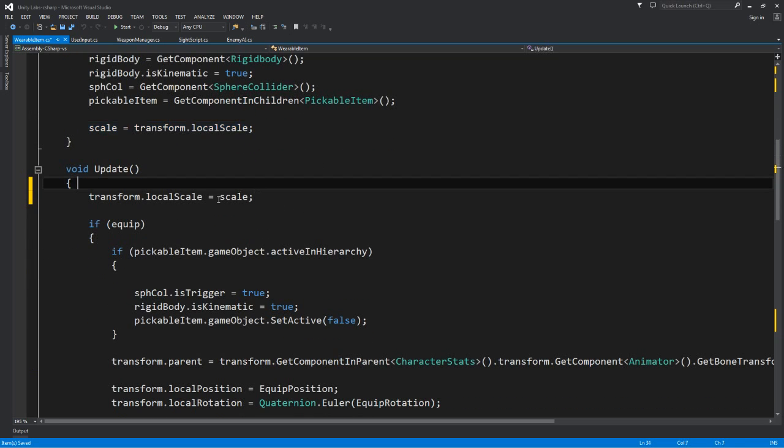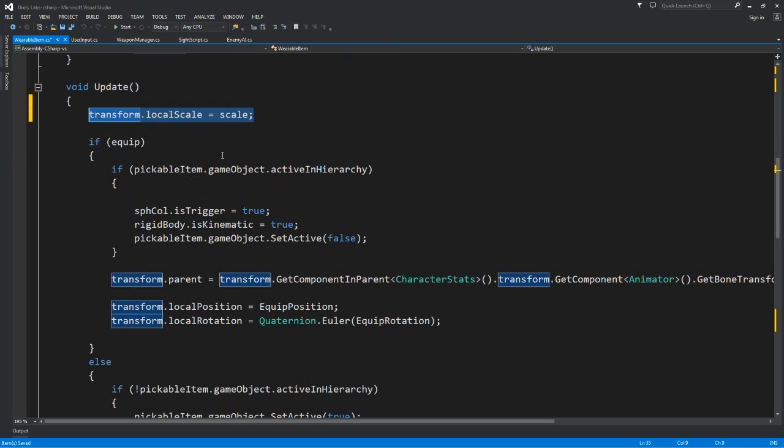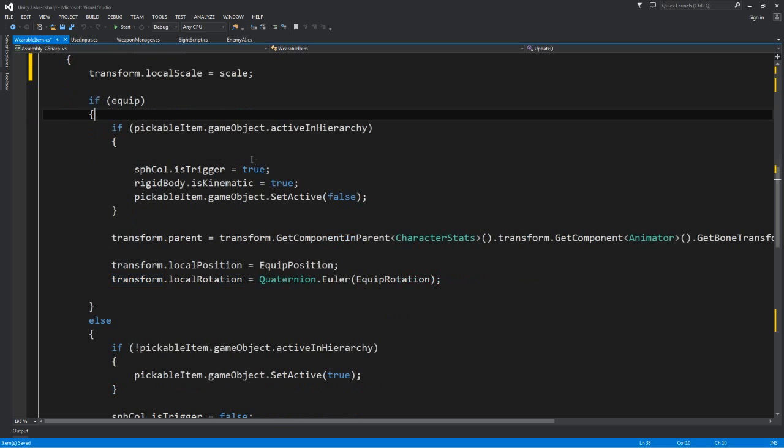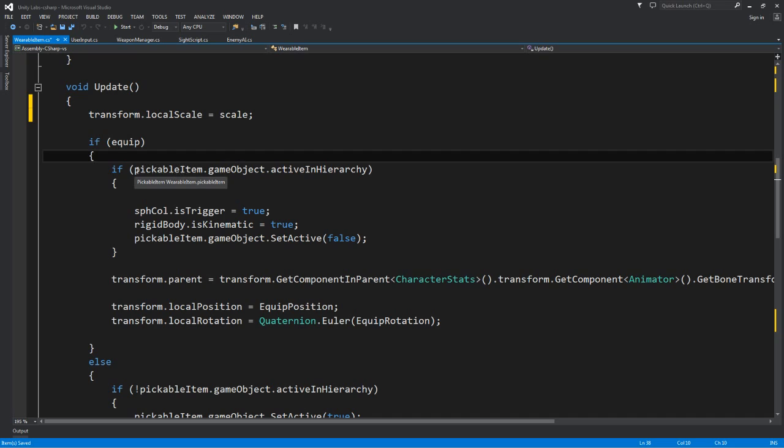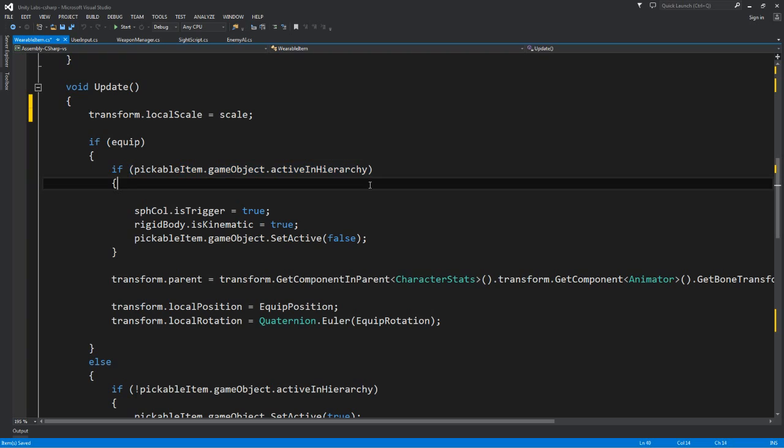Store the scale, always manipulate the scale, since we might have problems moving from local to world scale. And if the pickable item, the item where we store our pickable logic, is active in hierarchy, make the collider a trigger, make the collider kinematic, make the rigid body kinematic, and close the pickable item